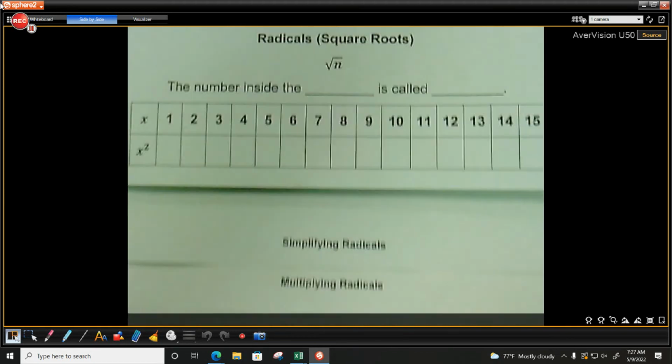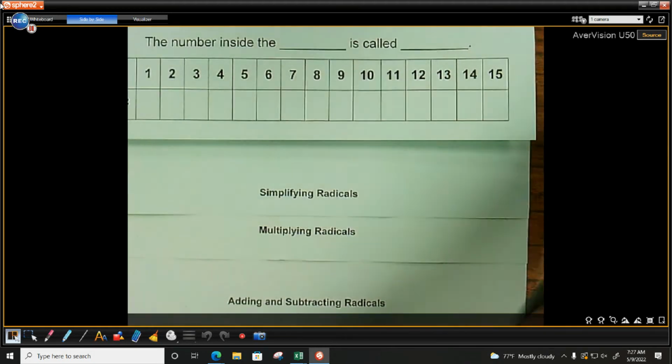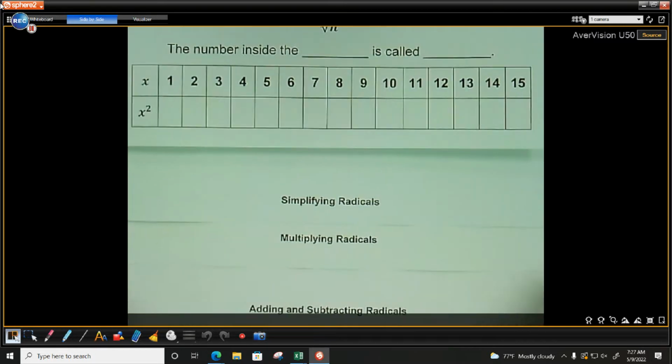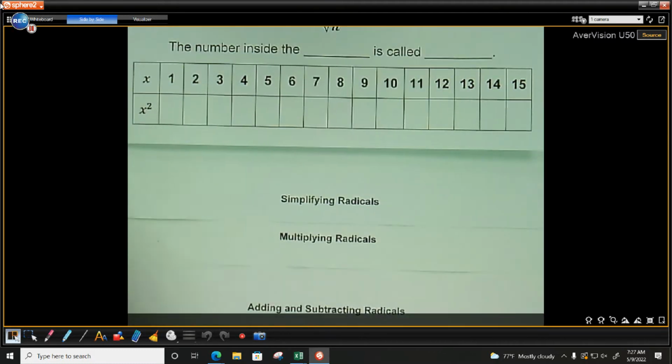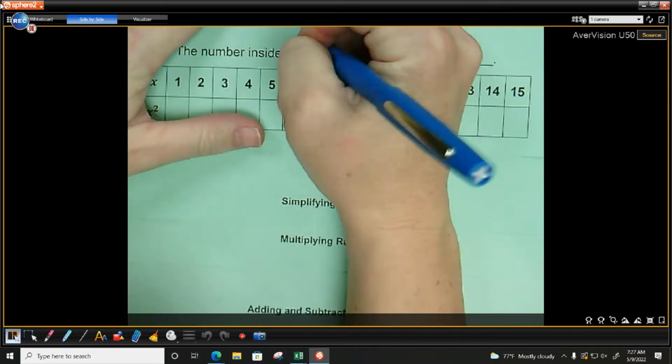So this week we are doing more radicals practice. The first part of this you've already done. We did it before Christmas break. Okay? So a radical is just a square root. The number inside the radical